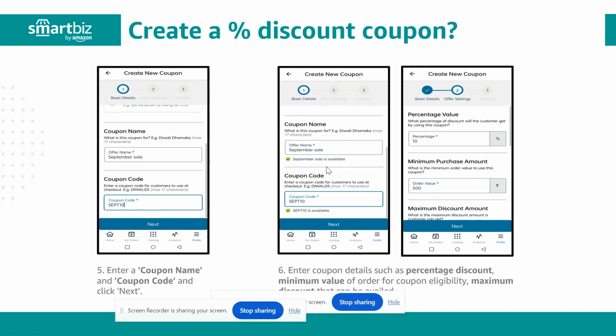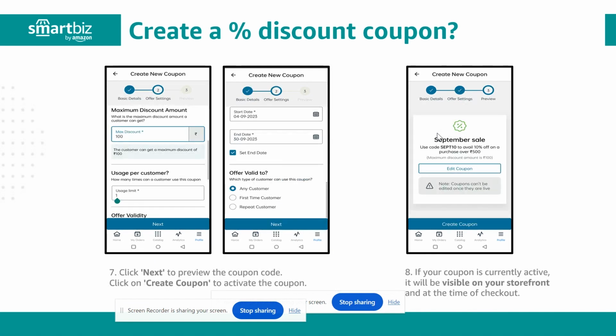उसके बाद once we do कूपन नेम और कूपन कोड अपडेट कर देंगे, देन हम कूपन डिटेल्स एंटर करेंगे कि कितने परसेंटेज ऑफ डिस्काउंट हम ऑफर कर रहे हैं और उसका मिनिमम परचेज अमाउंट भी। सो फॉर एग्जाम्पल अगर हमें 500 के परचेज के ऊपर 10% डिस्काउंट देना है, तो हम परसेंटेज पे 10% डालेंगे और मिनिमम परचेज अमाउंट पे 500 डालेंगे। तो 500 से नीचे की जो भी शॉपिंग करेंगे वो लोग को ये डिस्काउंट कूपन अवेलेबल नहीं होगा। जो 500 से ऊपर की शॉपिंग करेंगे उनके पास ये 10% डिस्काउंट का कूपन अवेलेबल होगा।